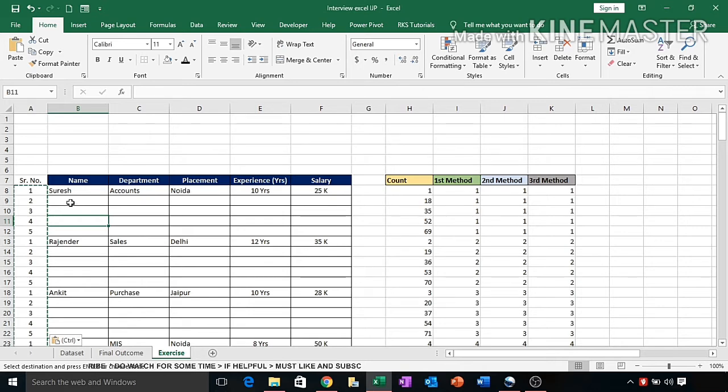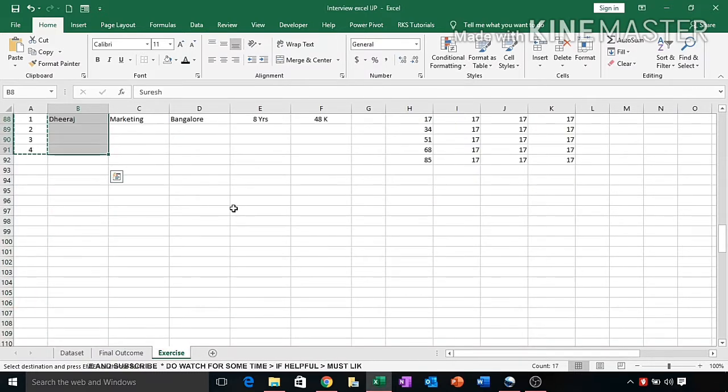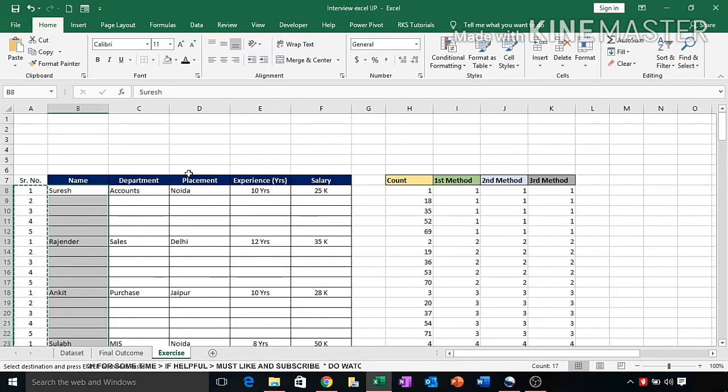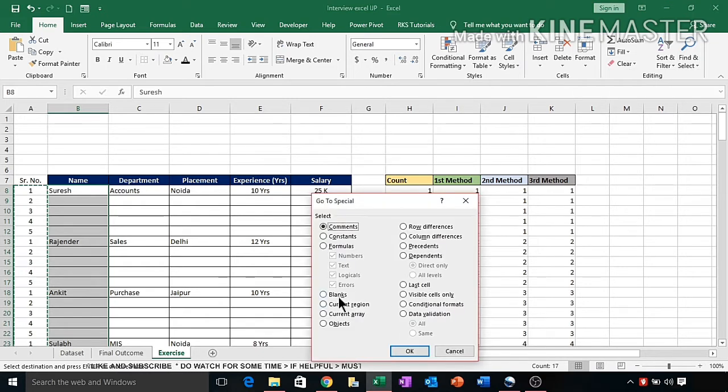Now this is the third part. We are applying the formula over here. So for that, this is the very important part, so be cautious about it. We select the data, rows up to 85, and you can press F5 or you can select Find and Select, Go To Special, and select blank cells and press